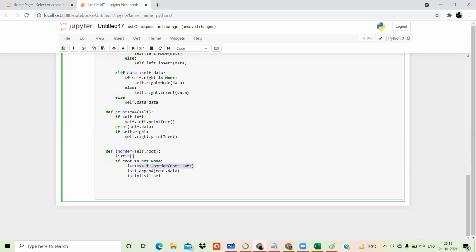So I'll simply use this concatenation, that is plus sign, and I will write the same code, ये जो यहाँ पे लिखा है self dot in order, but instead of writing root dot left, I'll simply write root dot right. So क्या किया हमने, जितने लेफ्ट के एलिमेंट्स थे वो सबको लिख लिया, उसके बाद लेफ्ट एलिमेंट्स के बाद आई हैव टू राइट द रूट बिकॉज दैट्स हाउ इन ऑर्डर गोज. सो रूट का सिंगल एलिमेंट होगा, इसके लिए उसको अपेंड पार्ट में लिखा.